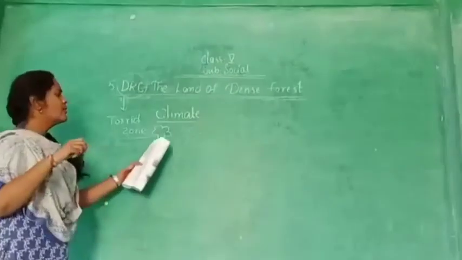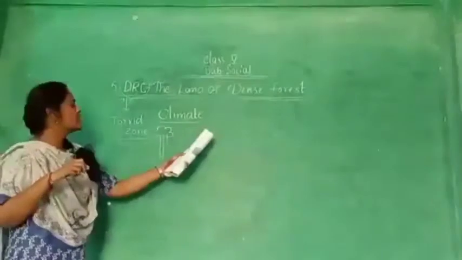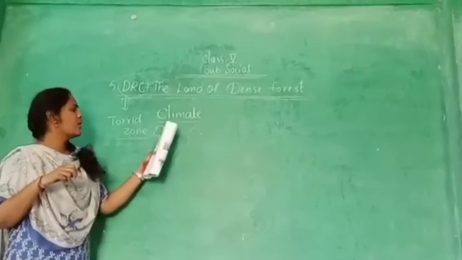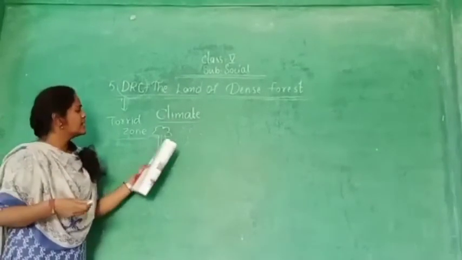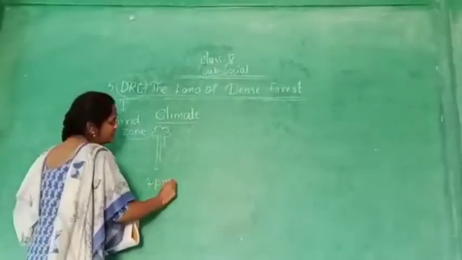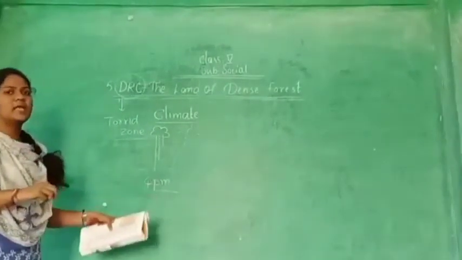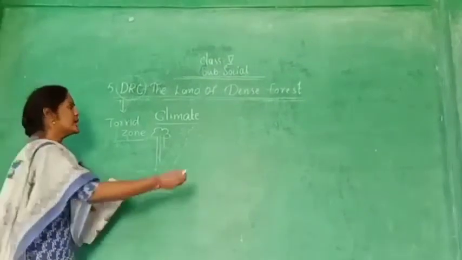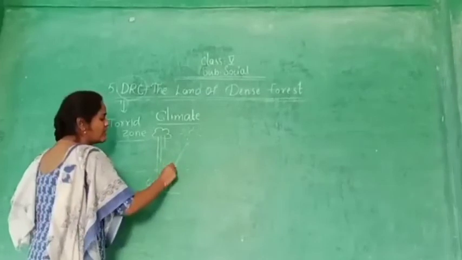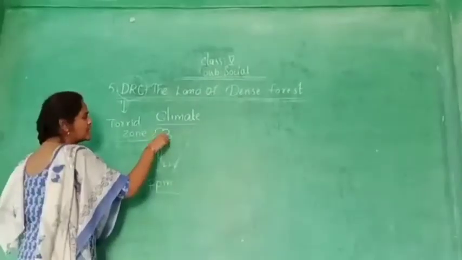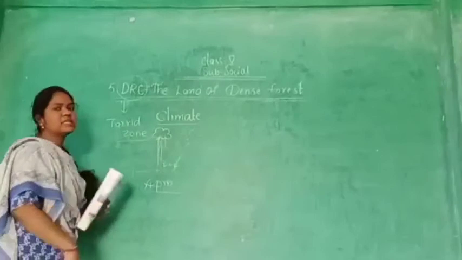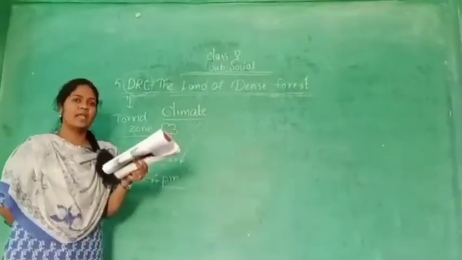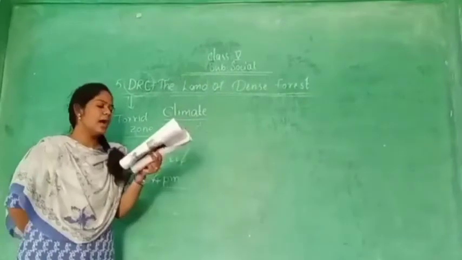So clouds will form every day there. Due to the extreme hotness, the water will evaporate fast, and due to that the clouds will form by the afternoon, and again at 4 p.m. till the evening it starts to rain. It happens daily, not only for one day, it happens every day. Due to this, humidity is also very high.